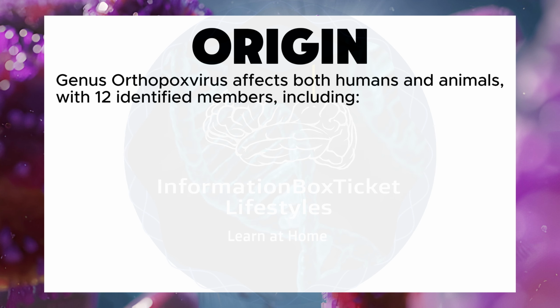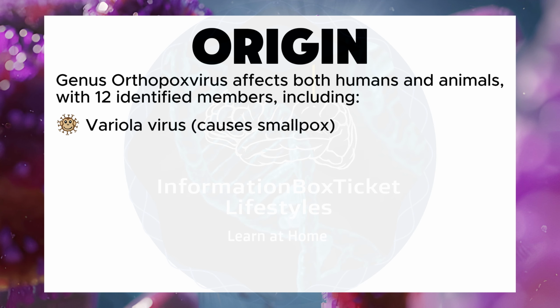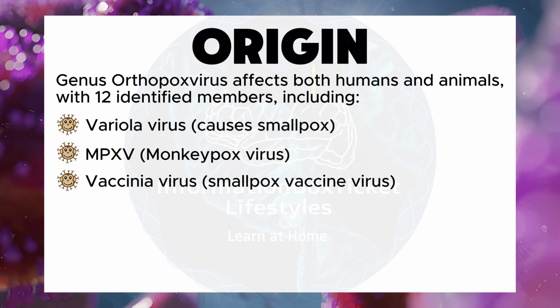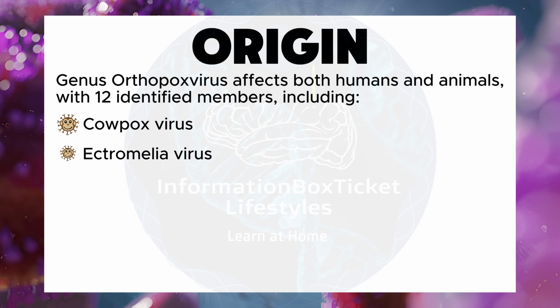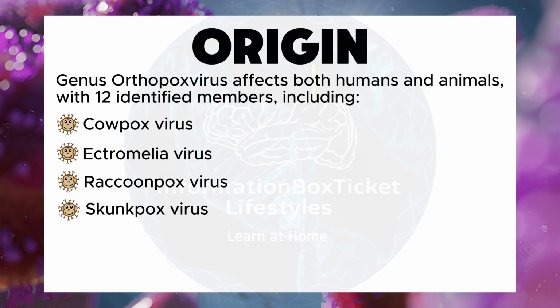Genus Orthopoxvirus affects both humans and animals, with 12 identified members, including variola virus, which causes smallpox, MPXV, monkeypox virus, vaccinia virus, smallpox vaccine virus, Abatino macacopox virus, Akhmeta virus, camelpox virus, cowpox virus, ectromelia virus, raccoonpox virus, skunkpox virus,